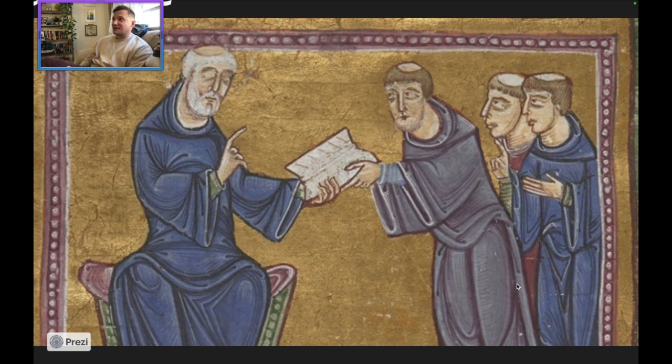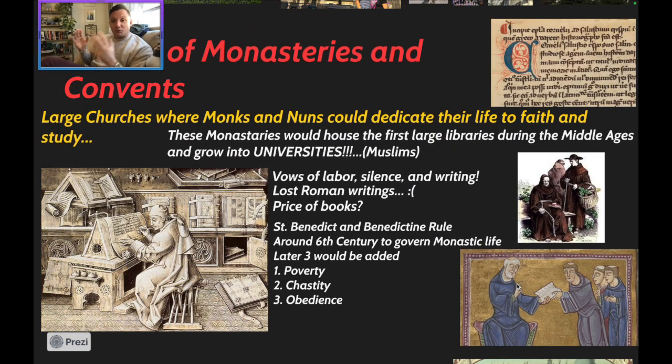Benedict's rules included things like that monks had to go to sleep with their entire garb on, so if somebody needed some preaching or teaching at any moment, they could just jump out of bed and get after it, right? They also had to sleep with a light on. There were regulations on certain animals they could or could not eat. But later on, right around the thousands AD, 3 more would be added, right? And those are the vows of poverty, chastity, and obedience, right?